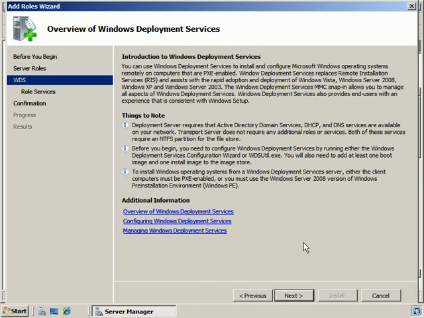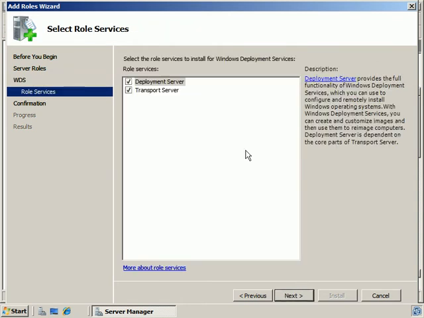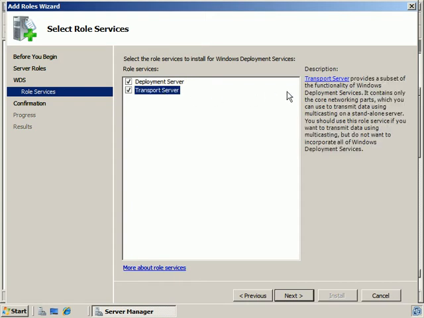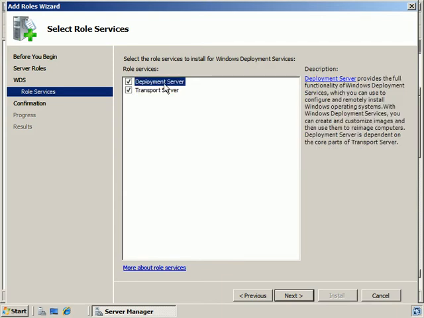Here you get an introduction into what Windows Deployment Services is. I'll go ahead and click on Next. Now we get to choose specifically which services we want to install. And typically, you're going to have both boxes checked. Transport Server is a stripped down version of Windows Deployment Services, and Deployment Server is the full-blown role. It says over here, Deployment Server provides full functionality, and if you highlight Transport Server, you'll see that it's a subset of the functionality, and it really is a requirement in order to have the Deployment Server. So we're going to leave both boxes checked and go ahead and click on Next,